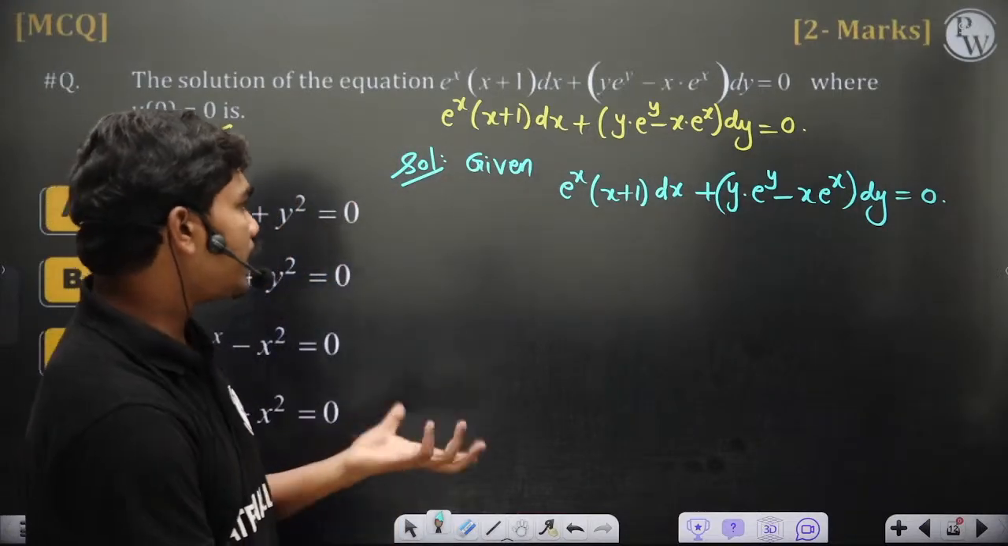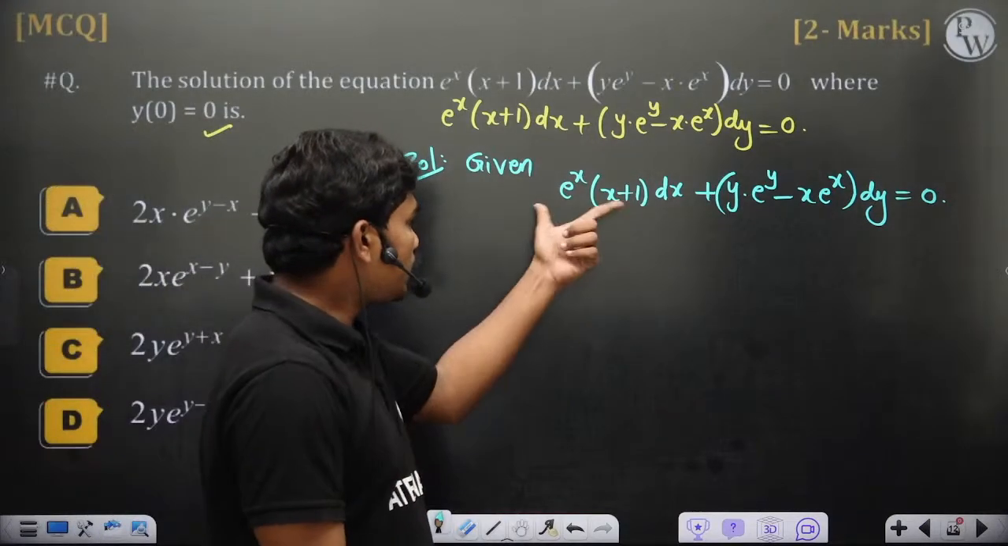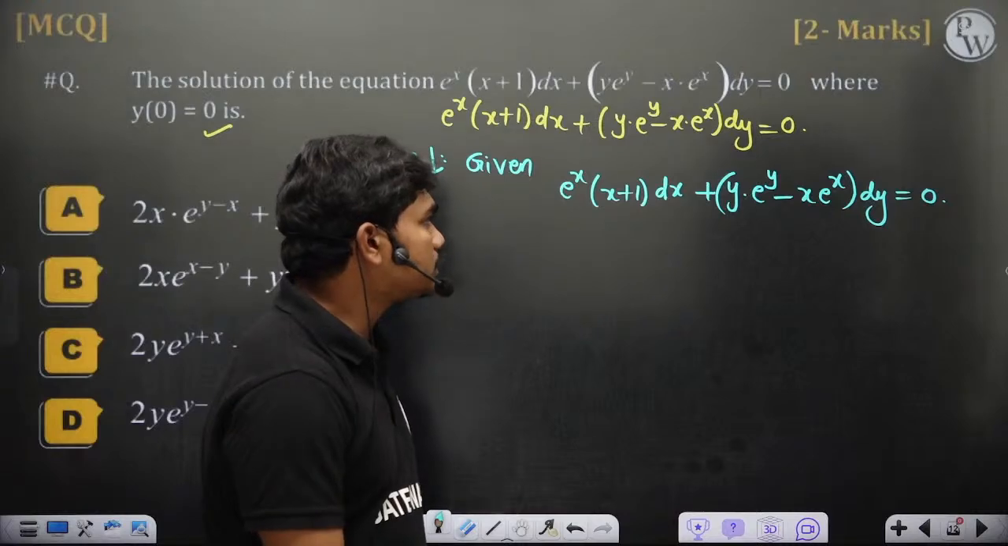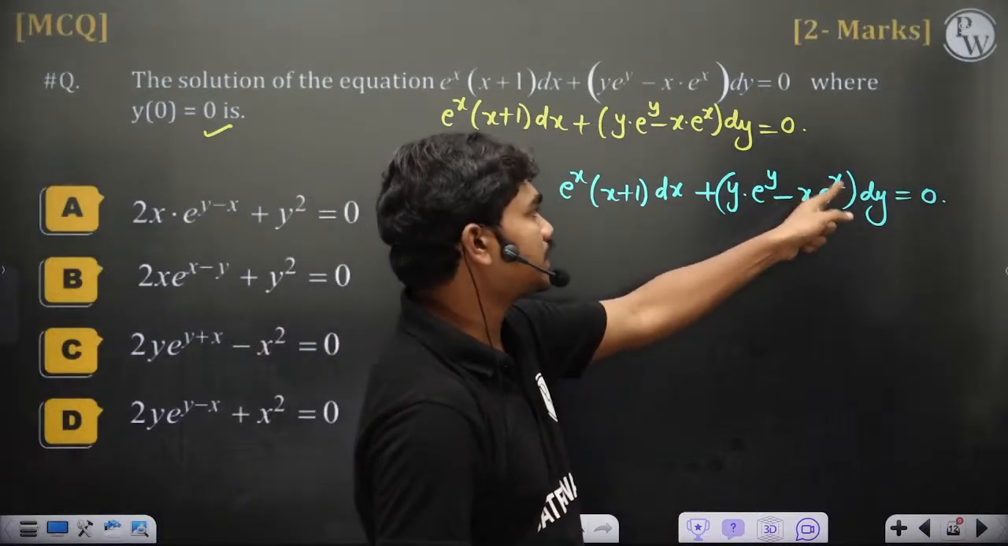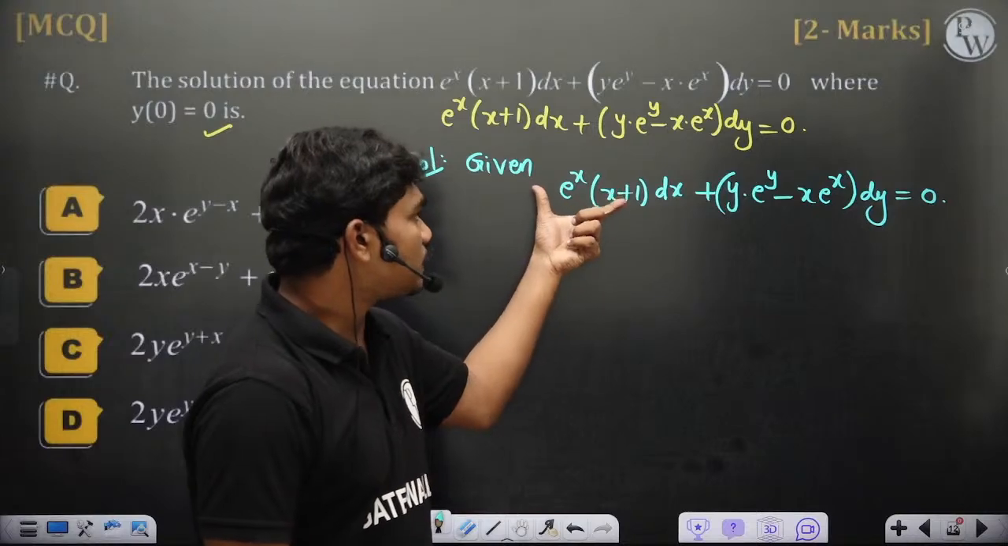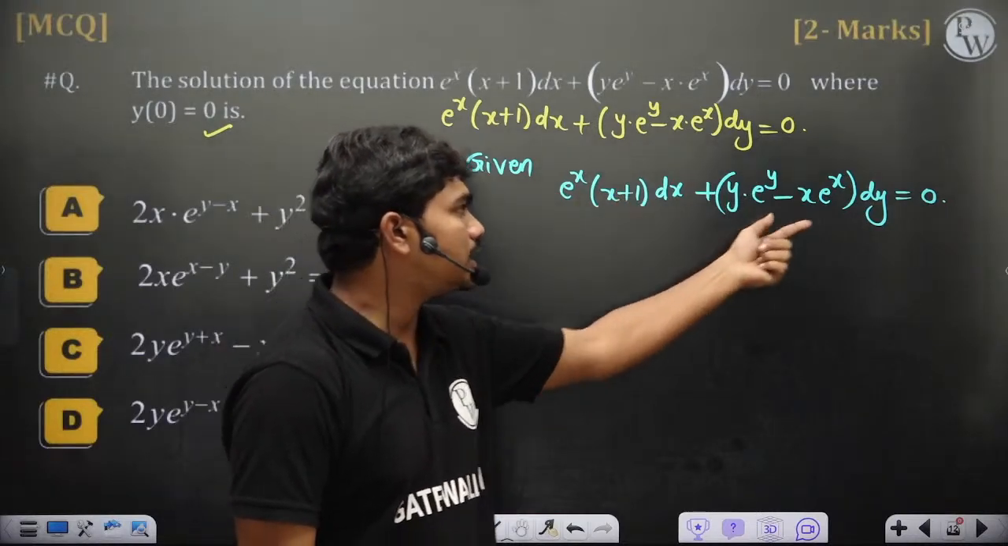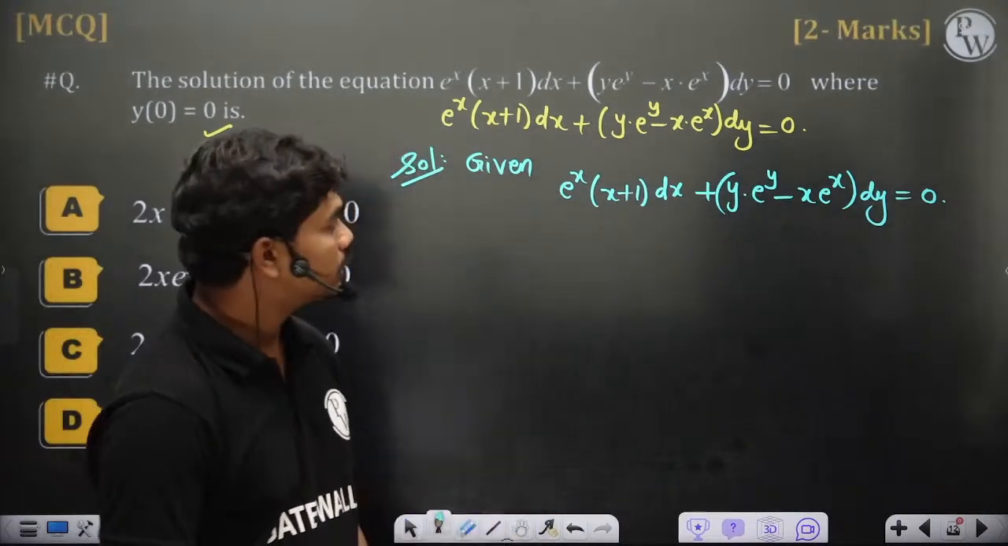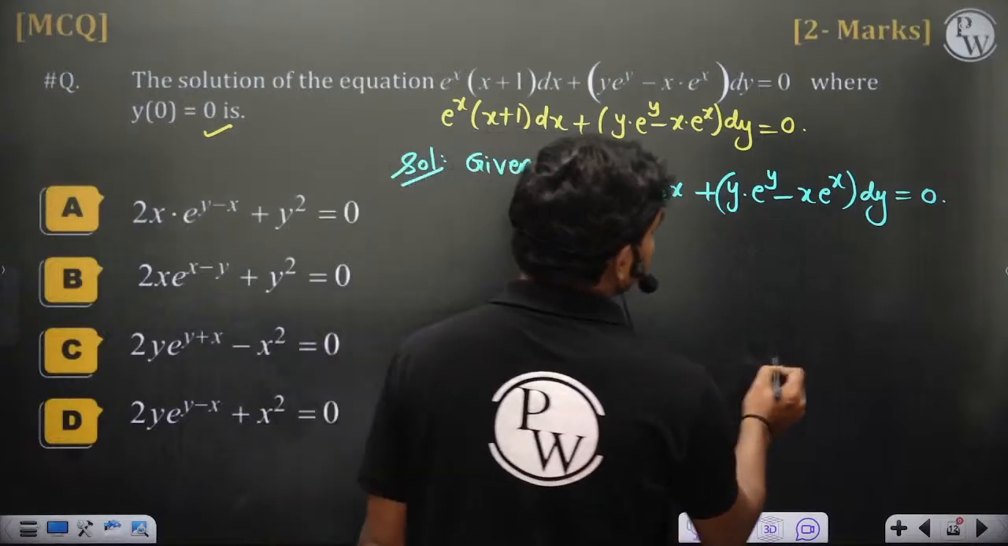Maybe one way I can solve this question is, if you observe this term little carefully, e power x into x plus 1, that's actually the derivative of this x into e power x. Correct? That's what I have given. Obviously, you can see this e power x into x plus 1 dx is actually the derivative of this x into e power x. So what I'm going to do is